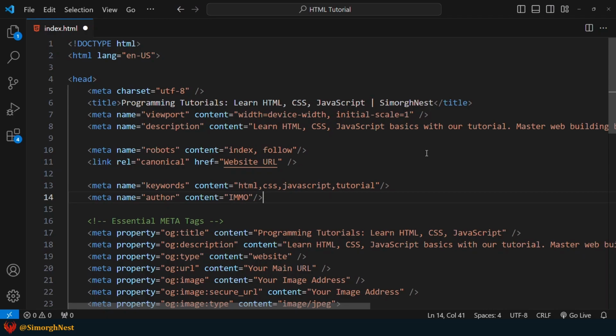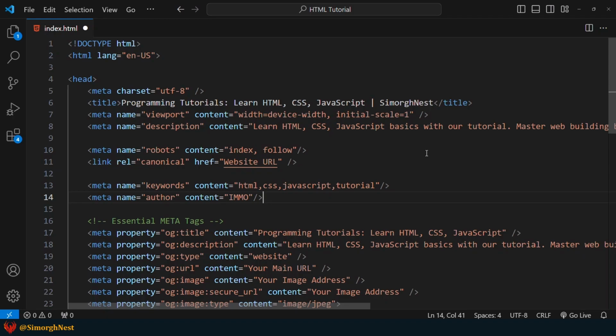Alright, the next meta tag is the rating. The rating meta tag is used for websites with sensitive or age-specific content. It helps website owners define the maturity level of their content, like adult material or violent language.